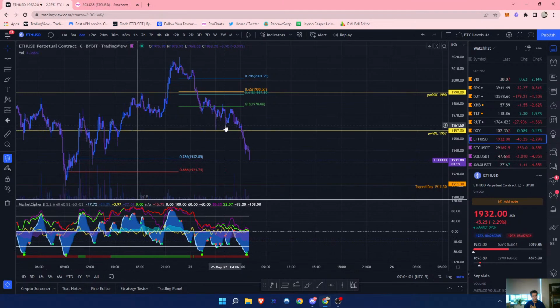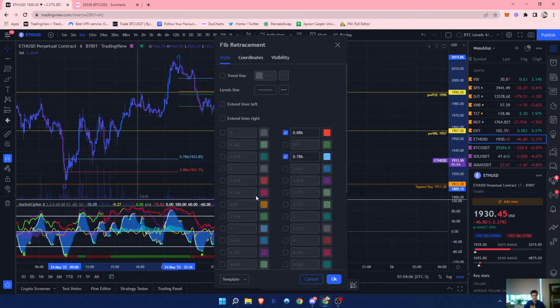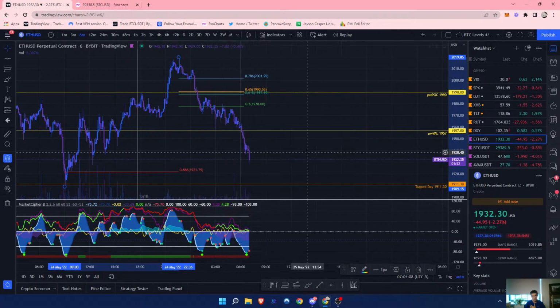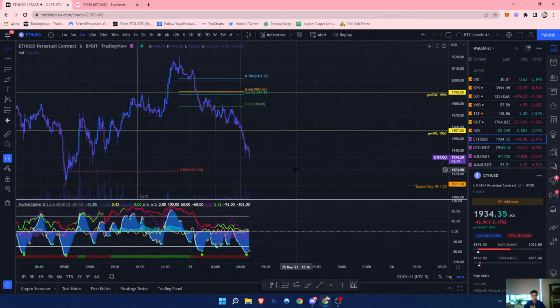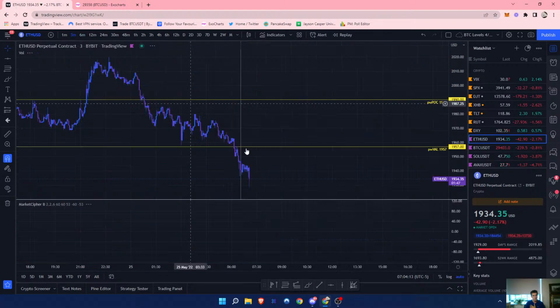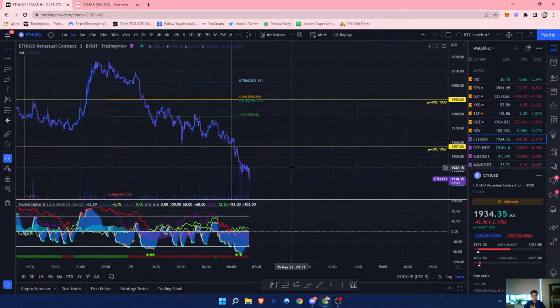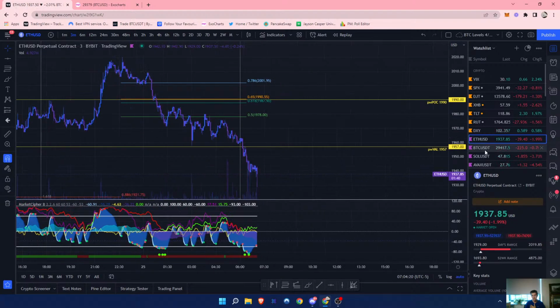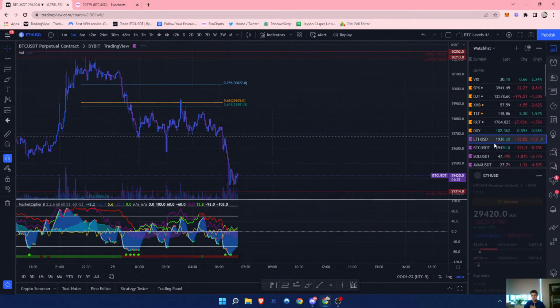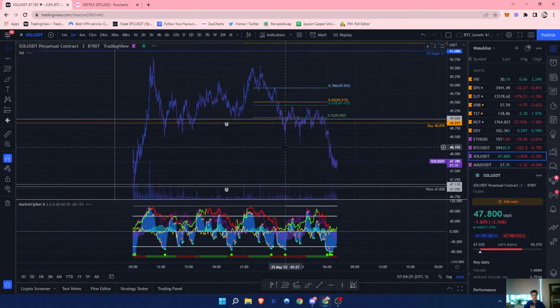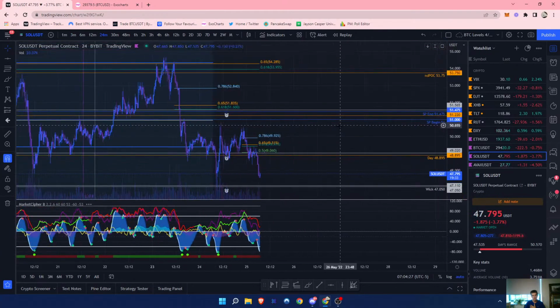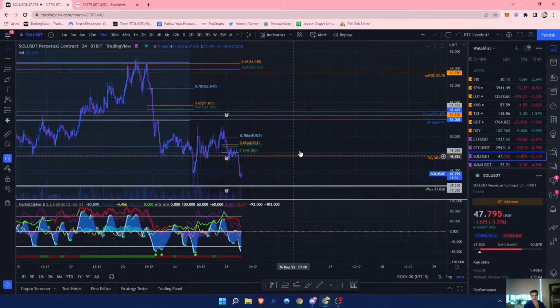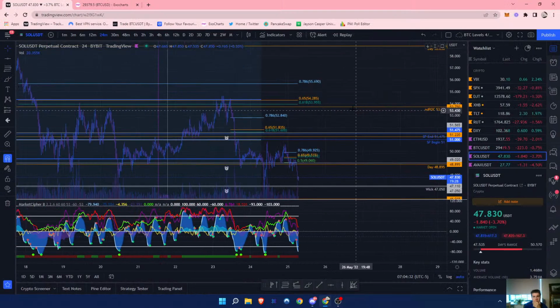I'm not seeing any divs right now. Yeah, we're breaking through that level. Three-minute, nothing. So yeah, that trade is a no-go, even though we're kind of bouncing. I still wouldn't take it. But looking at this div,